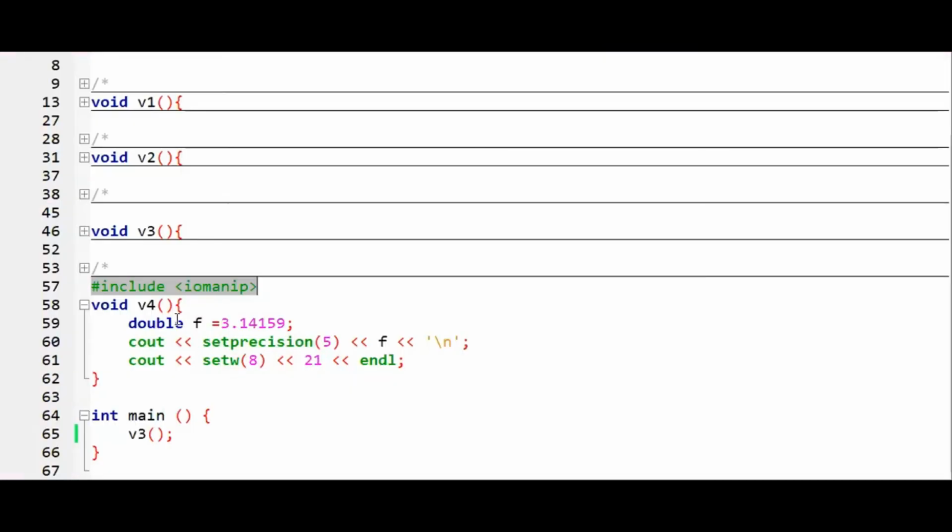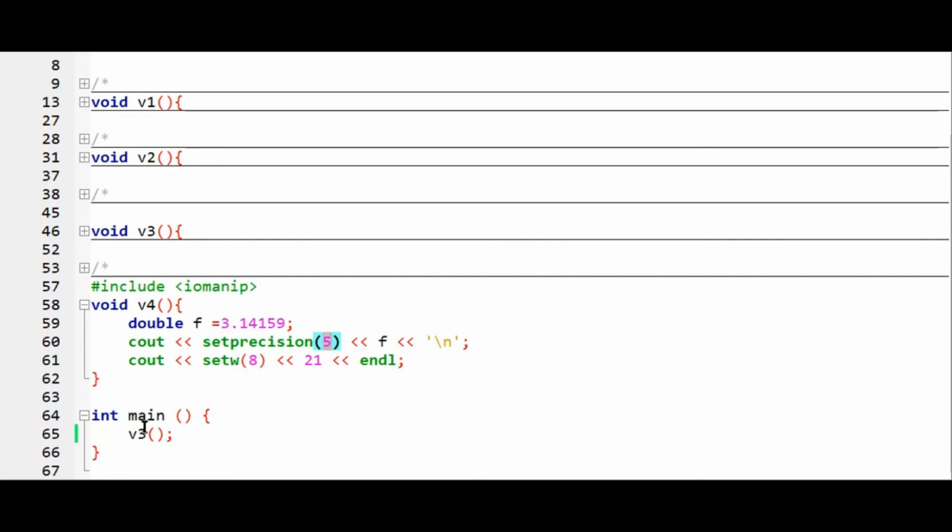So let's say we have taken a value as a double. If you pay focus on that, we have 3 as a complete value, and these are all the values after the decimal point. If you set the precision, set precision comes under the IO manip header file, and you are saying I only need 5 digits in my output. I'm not looking forward to printing everything. So it will count from here till whatever value you have given.